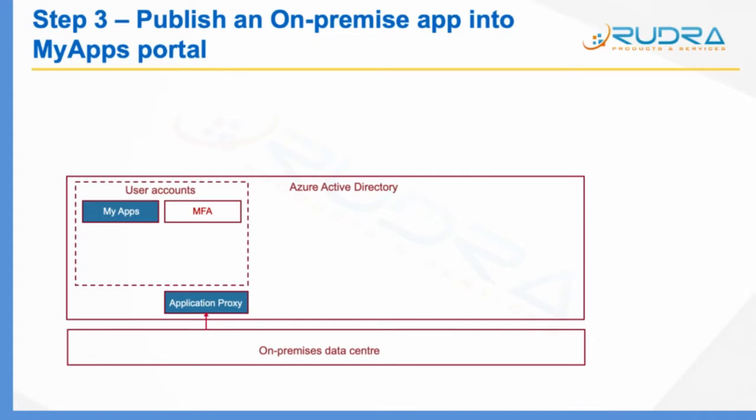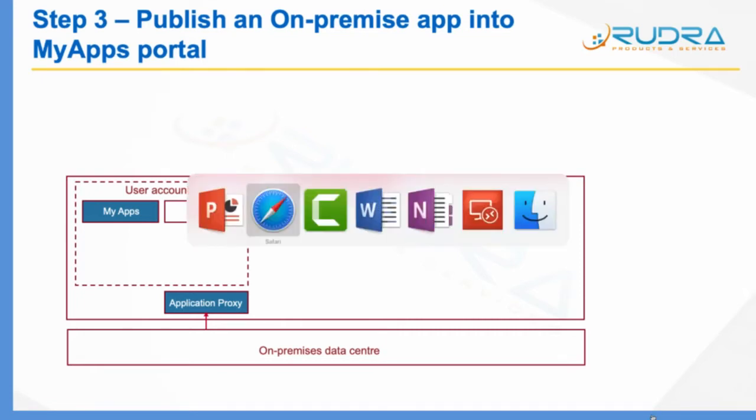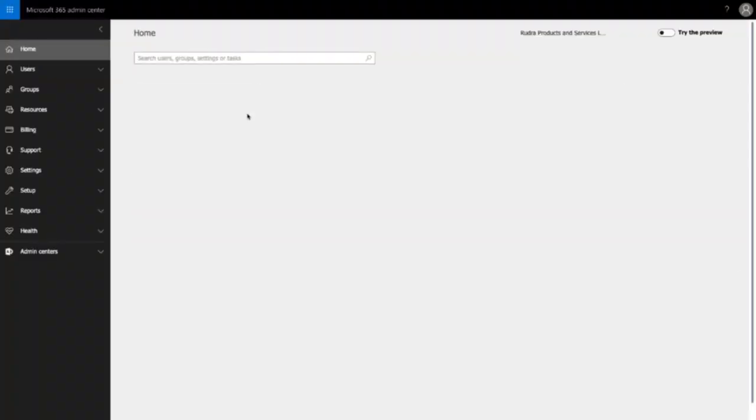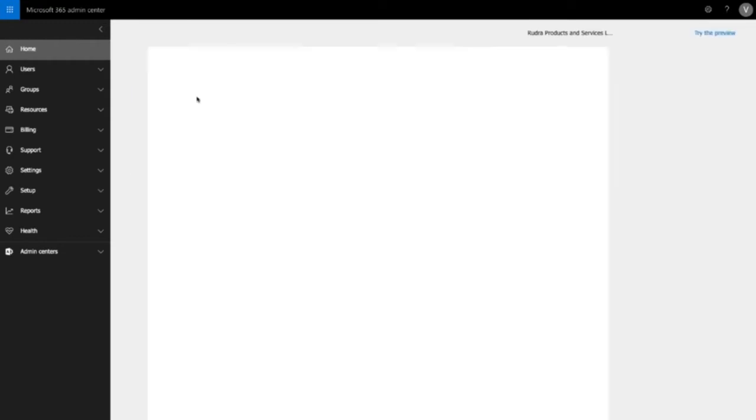Okay, so let me kickstart everything by making sure I have Azure AD Premium license to the user using which I'm configuring Application Proxy Connector. Let me go into Office 365 and click on Admin. Click on Active Users.